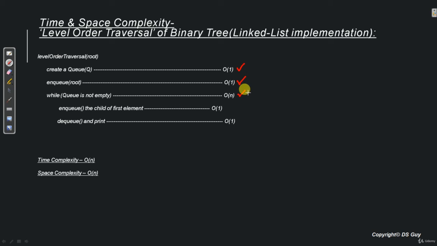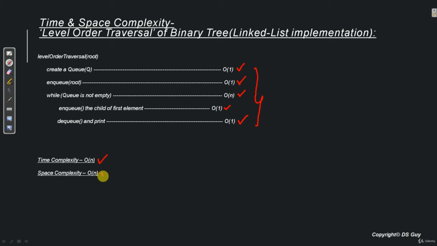So the loop will be running n times. Now enqueuing the children of the first element is a constant time operation, because at the max you will have only two children, and inserting two nodes in a queue is a constant time operation. Similarly, dequeuing one node and printing it is a constant time operation. So if we add up all of this, we get order of n time.